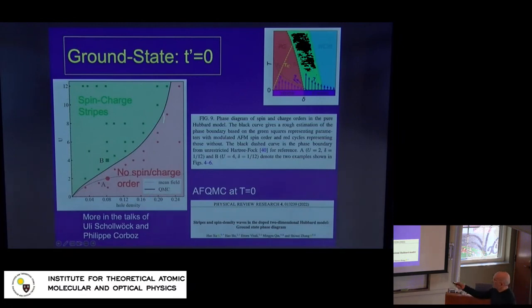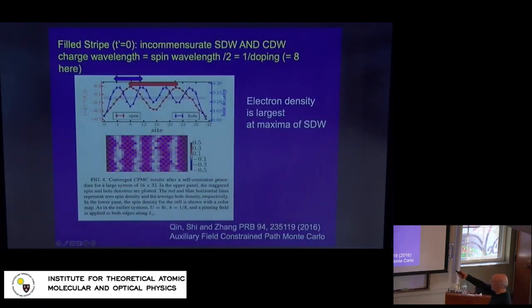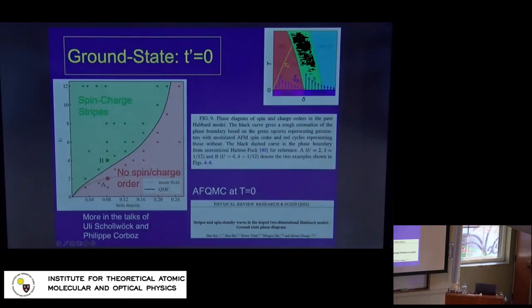A regime where the ground state has spin-charge stripes with an ordered structure, and these are the famous stripes that look like this. So we have a spin modulation, which is the red thing, and we have a density modulation, the probability of a hole being localized on the site, which is doing this. And you see from this picture that the wavelength of the charge modulation is about half the wavelength of the spin modulation, and the hole likes to sit at the nodes of the SDW. So the wavelength of the spin should be... Sorry? The wavelength of the spin should be... No, the charge does this, right? And the hole is maximum at the nodes of the SDW.